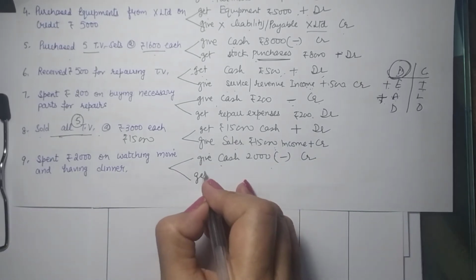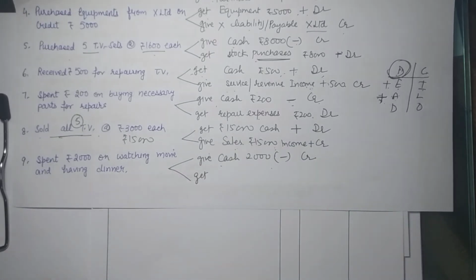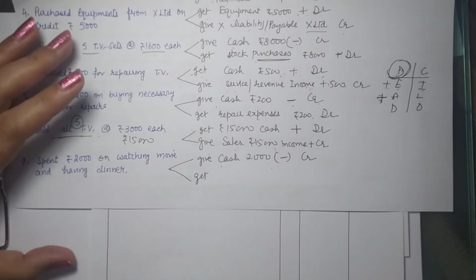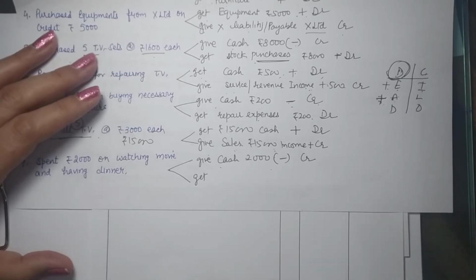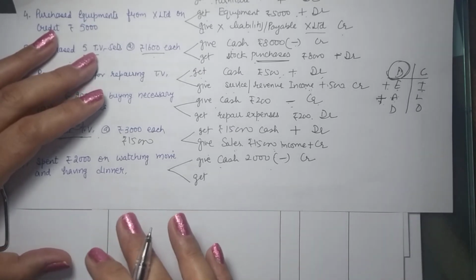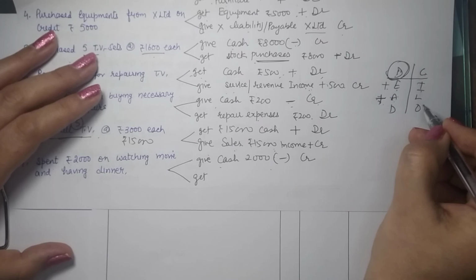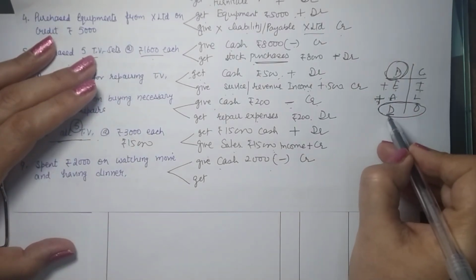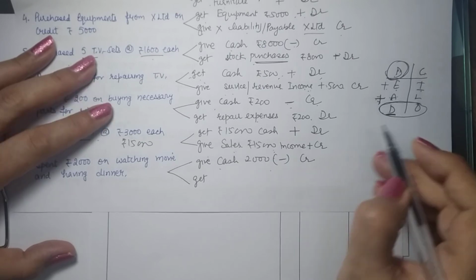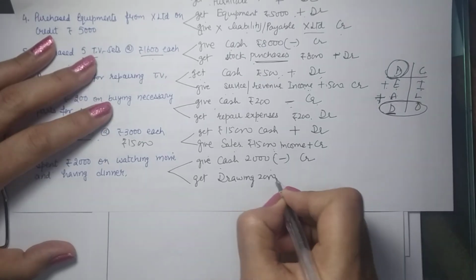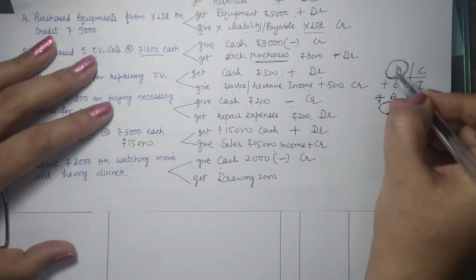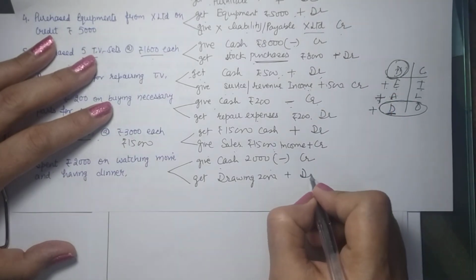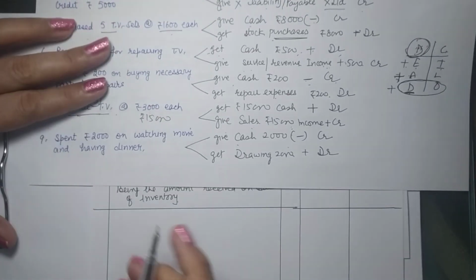Now, where do you spend it? What do you get? Now, as a business, do you get anything? No. It is spent by the businessman. So you cannot write here dinner. It's not your expense. Business hasn't spent this money on it. It is spent by the owner. So whenever the owner spends anything on his own, it means he is drawing. Drawings of 2,000 of the owner. So drawings debit. Positive is debit. So it should be debited. So what is our entry here?